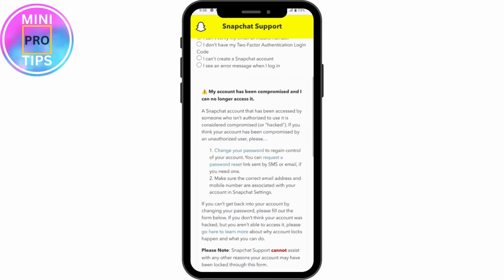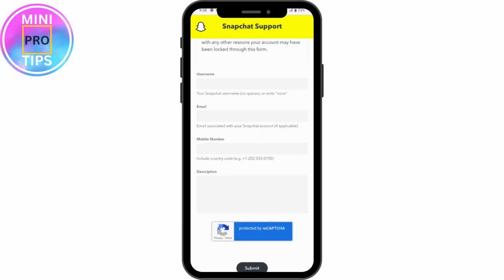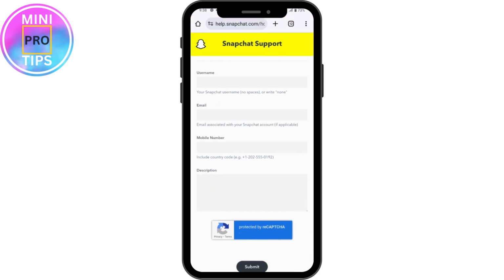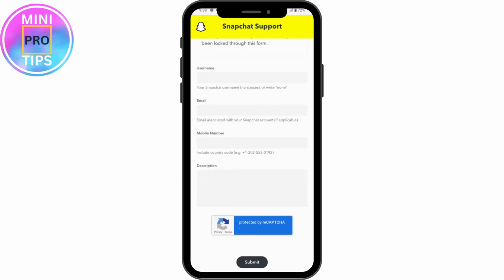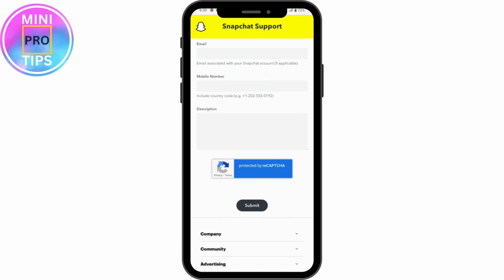So you can simply scroll down, and here you will have this kind of interface where you need to enter your username, your email address, the mobile number, and in the description you need to write that I think my account has been temporarily locked and I'm not able to use my Snapchat account and everything. And once you've written all of that, tap on submit and submit your report, and once you've submitted, your problem will be solved. So that's how you can quickly unlock your temporarily locked